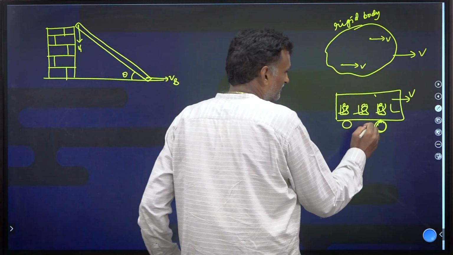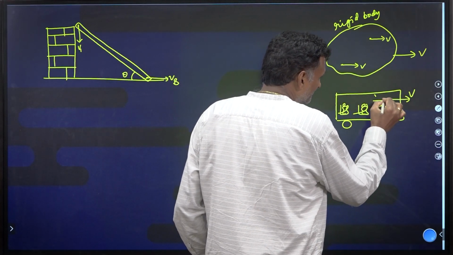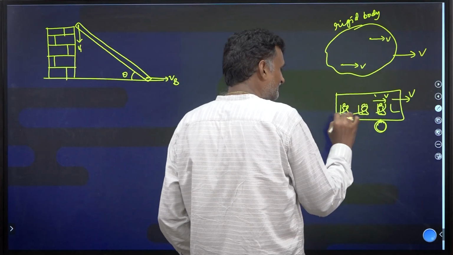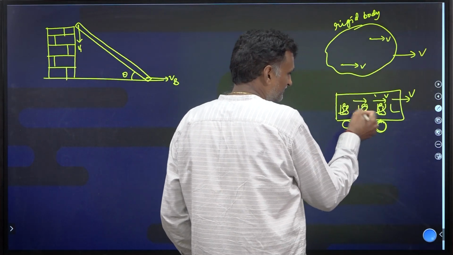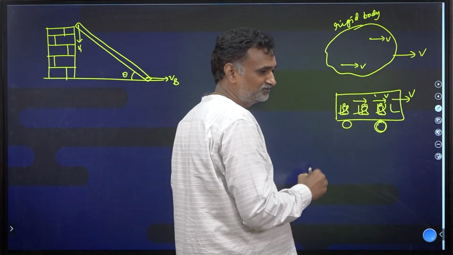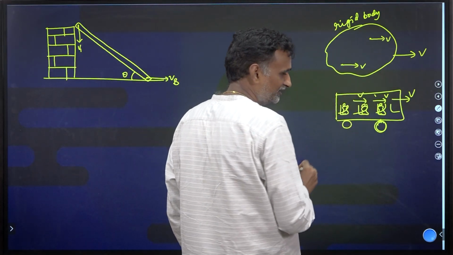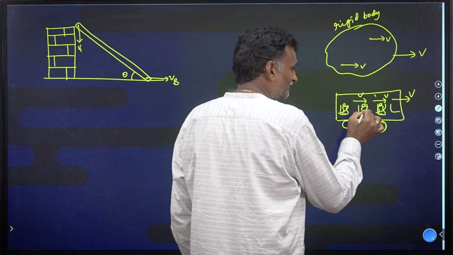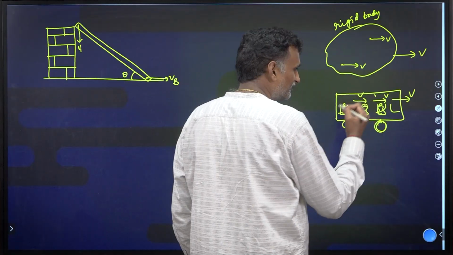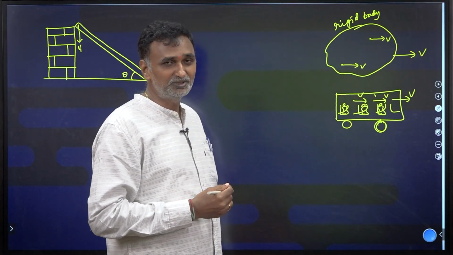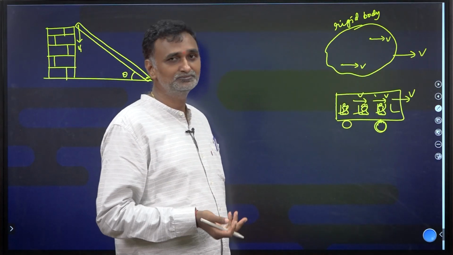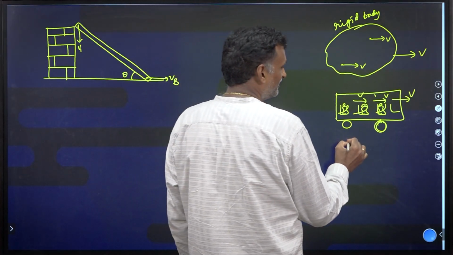Suppose here you are moving with velocity v to the right side, and one more student, because every student in the bus will move with the same velocity to the right side, then what is the relative velocity between the first one and the second student? The answer is 0. So v relative